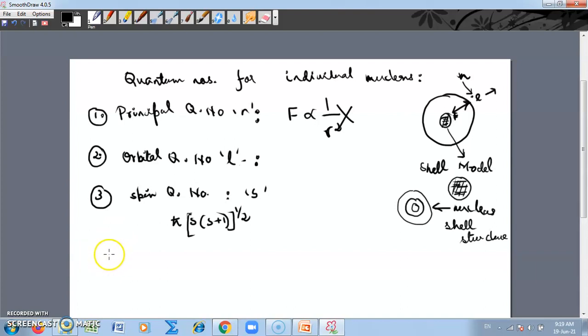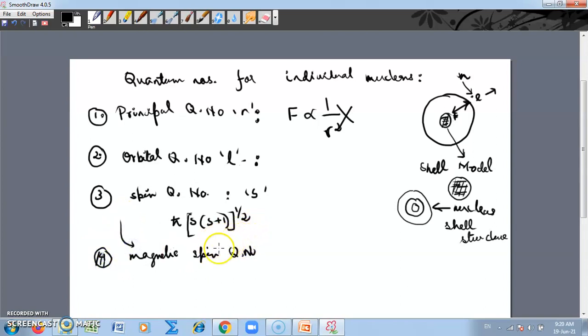And then we also have quantum numbers such as the magnetic quantum number, magnetic spin quantum number. Actually this comes under this,